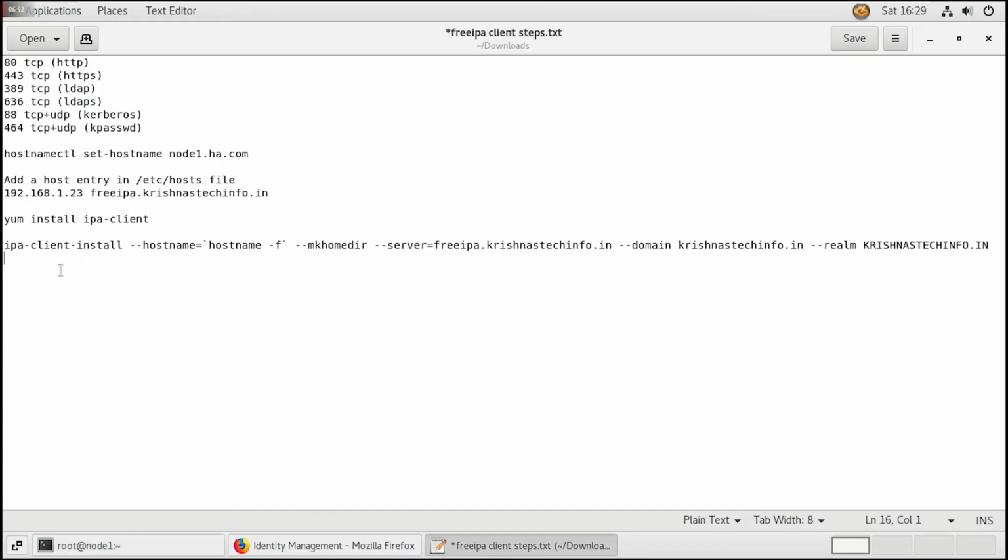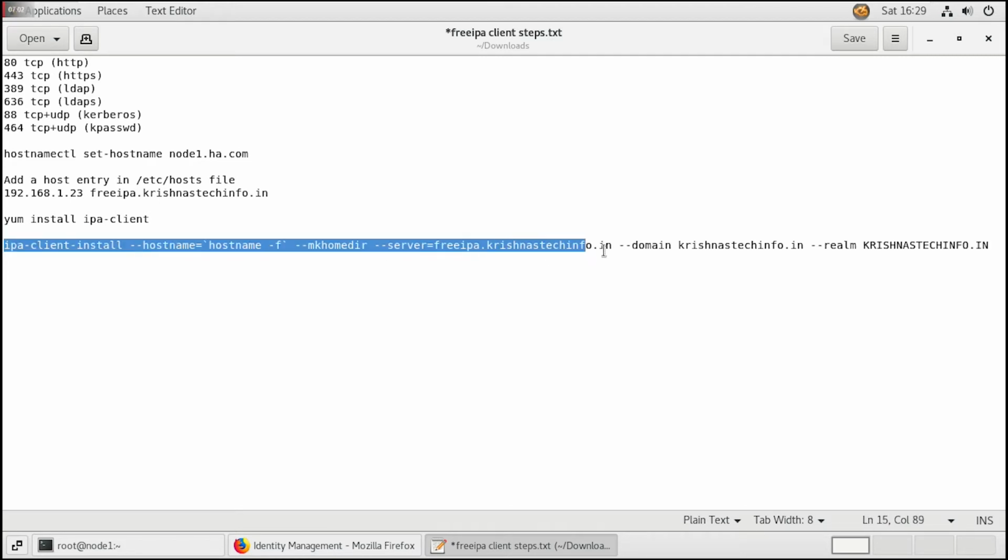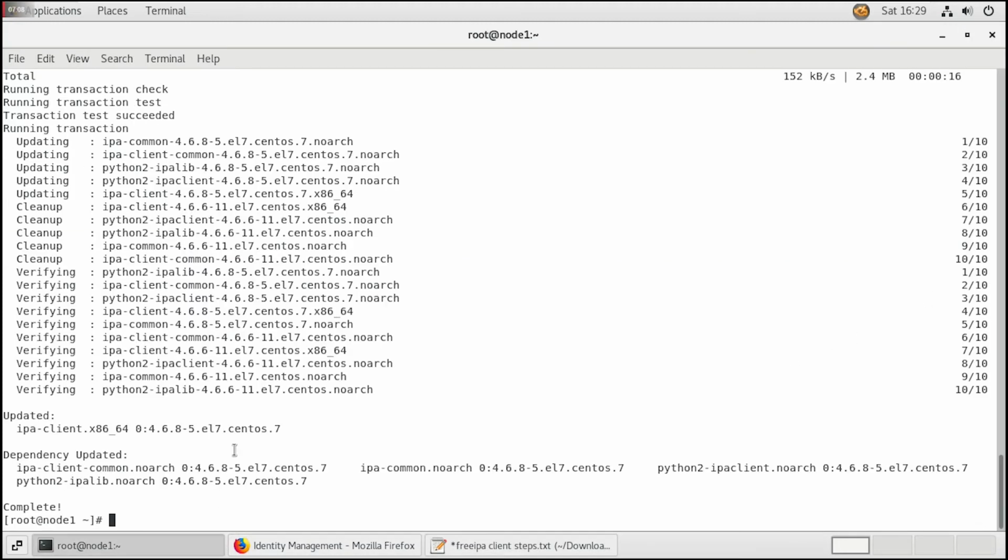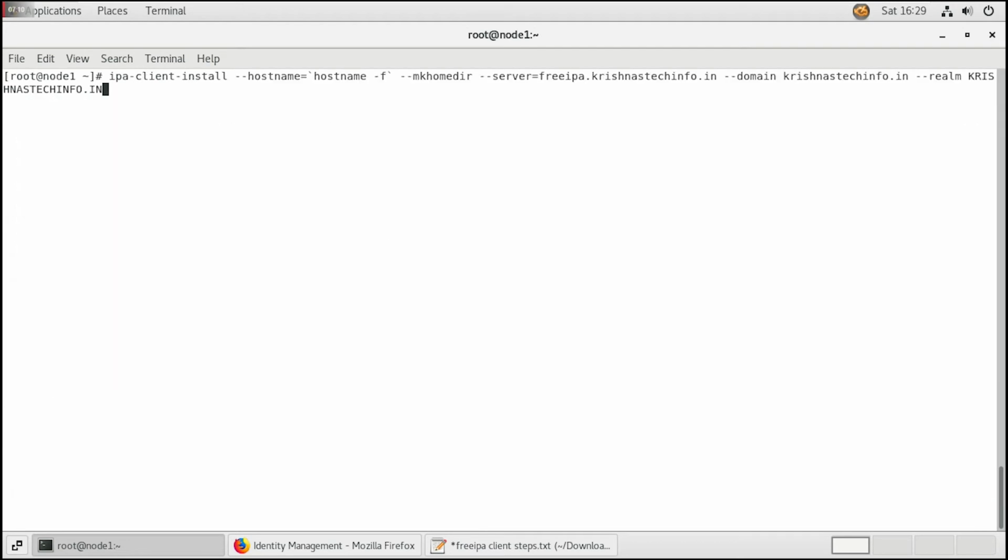So next step, the last step to add this client to the FreeIPA server is to use the ipa-client-install command. So I will explain the command now. You can just copy this and add it here. So ipa-client-install command is used to add the clients to the FreeIPA server.